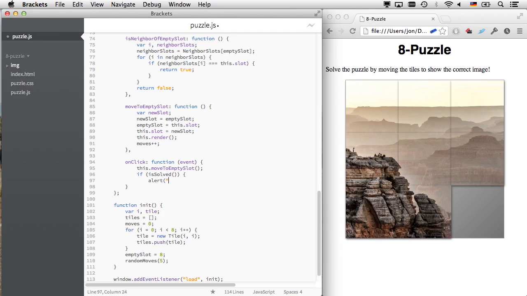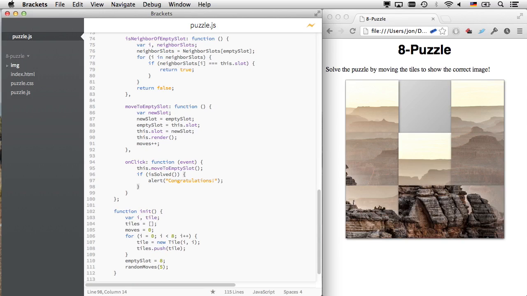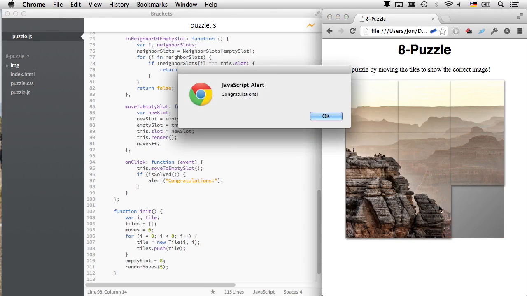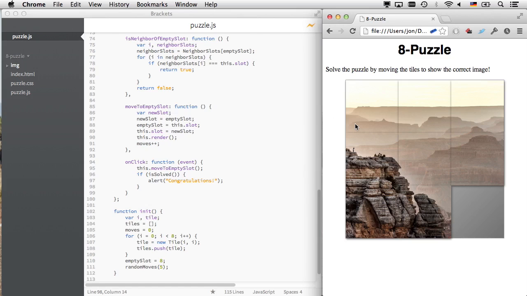And what I'm going to do is I'll just inform the user with a quick alert box that they're done. Now, as I save the file, you'll notice that the puzzle gets reset. So now I have to solve it again to verify that my change actually worked, which over time tends to get kind of annoying. Well, the change worked, but now let's assume that we also wanted to report the number